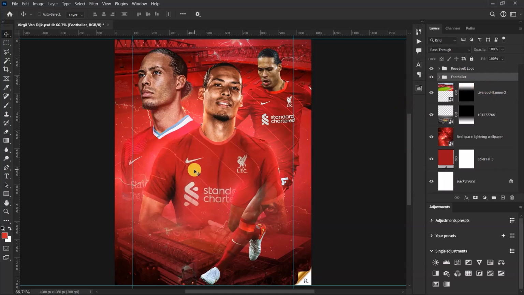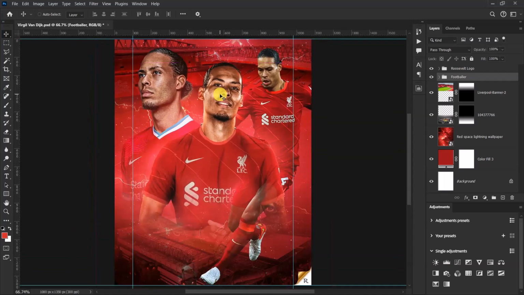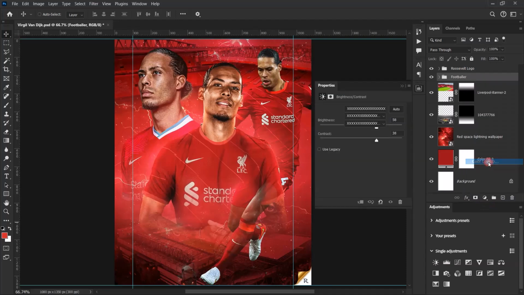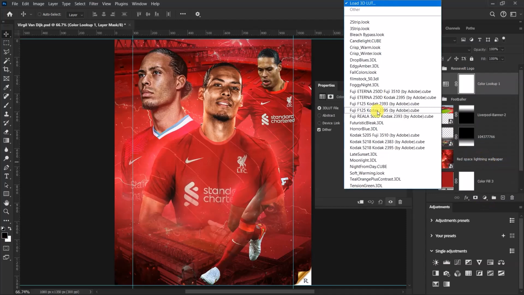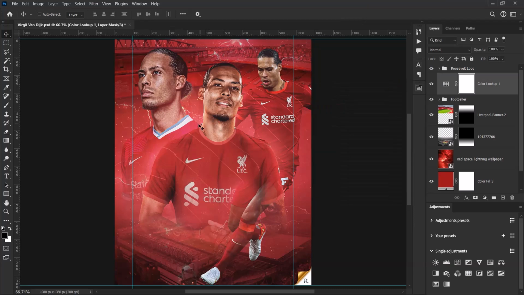So let's add a little color effect to it. So to do that, click here and select color lookup. Over here, let's add a soft warming look. So select this one, soft underscore warming dot look, to add some kind of color effect to it. This is looking great. So after doing that, let's import our effect pack, and all these resources and then the